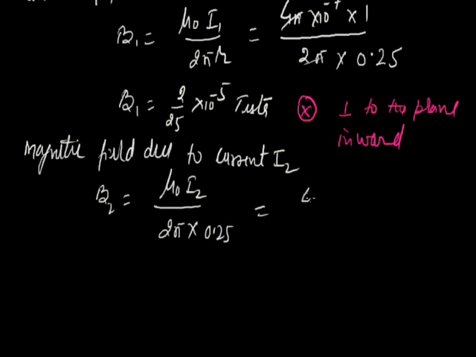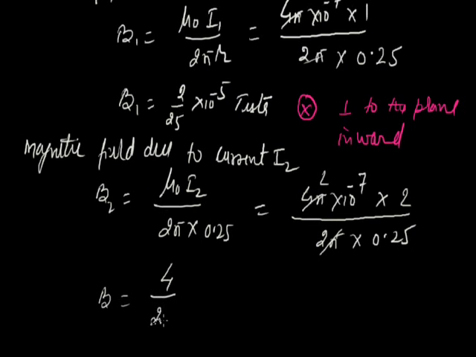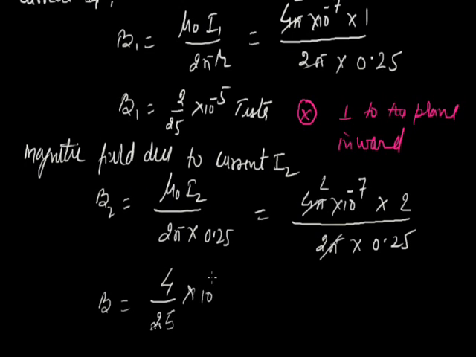Here it is 2 pi into 10 raised to the power minus 7 and the current is 2 ampere divided by 2 pi into 0.25. This one is cancelled 2 times. That's B2 is 4 upon 25 into 10 raised to the power minus 5 Tesla, and the direction again is given by the right